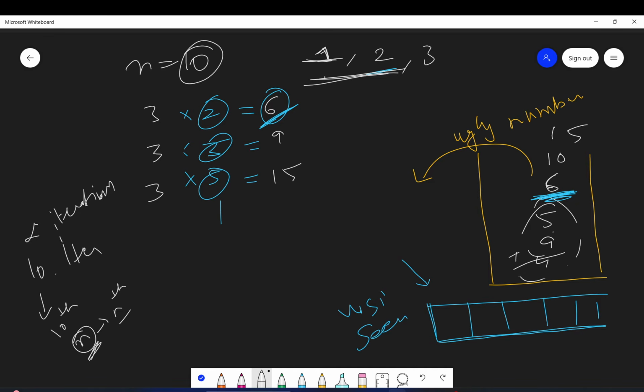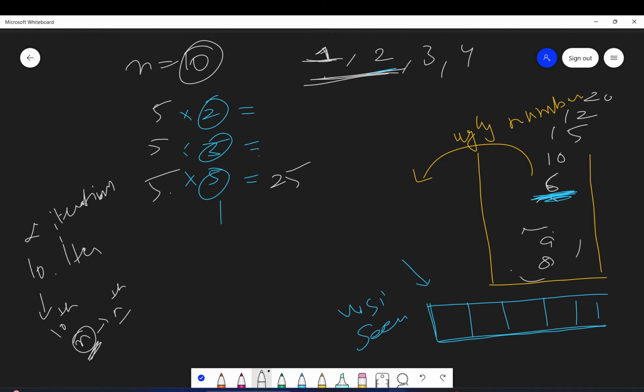One by one again you will get the minimum number out. Okay, and you will find out the 12 and 20. So 8 you will add here, then you will add 12 and you will add 20. Okay, again, so this 4 was your next ugly number, then obviously 5 will get popped out. 5 will come here, and 25, 15 and 10. So 10 is already there, 15 is already there, 25 you will add. Okay, so here 5 is your next ugly number.